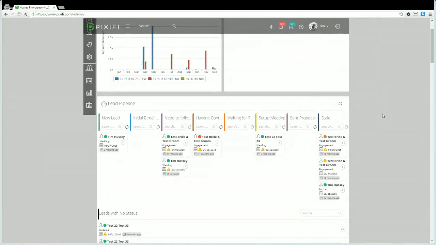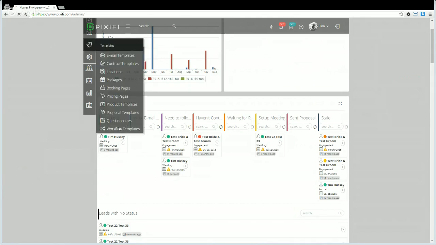Can you assign 2 workflows to an event or project? Unfortunately, you can't. Sorry about that. It's just one per event or one per project, or whatever it is. I've thought about, and I don't know if this is something that sounds good to you. I've thought about. Let me just show you. Within a workflow template,